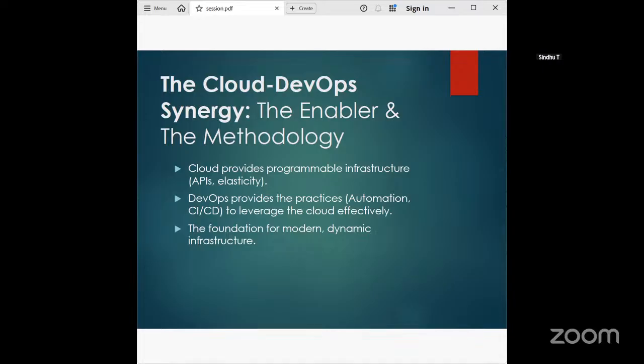Cloud platforms provide APIs, right? You can scale up and down, like elasticity, and provision infrastructure programmatically. DevOps provides practices like IaC, infrastructure as code, and automation, and continuous integration and continuous